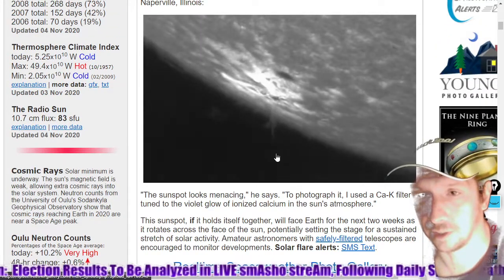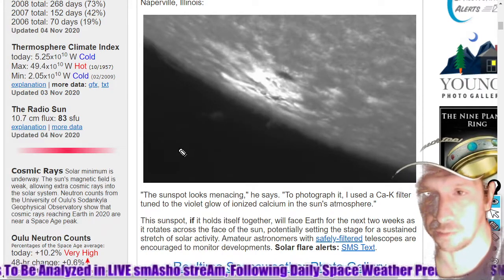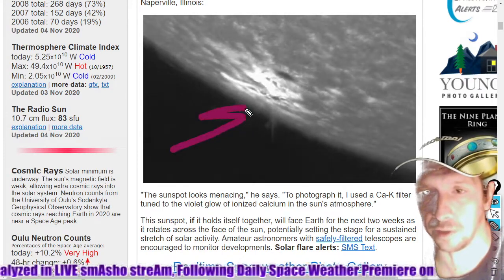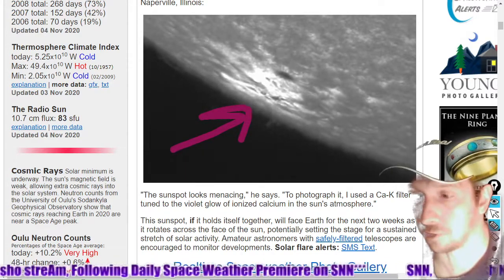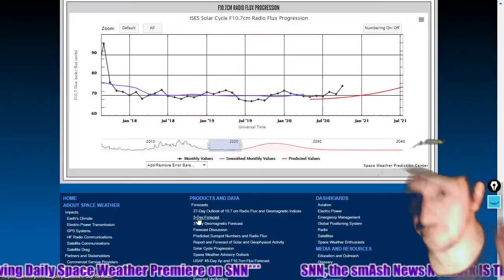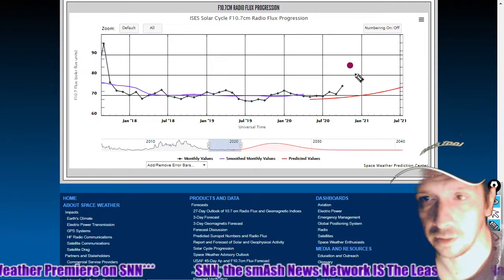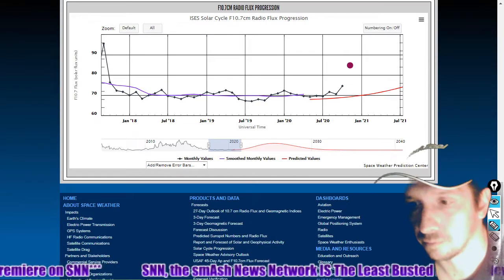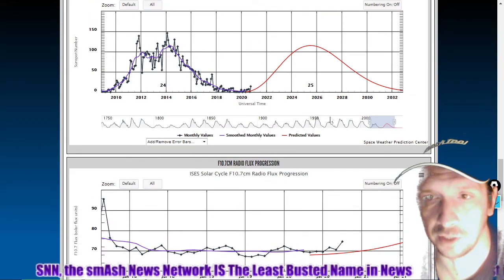There's a great little prominence here. Tell your favorite conspiracy theorist on YouTube that, look, it's a spaceship flying out of the sun. That'll be fun. So yeah, 83, we're way up here now on the 10.7 centimeter radio flux, and the sunspot number is,